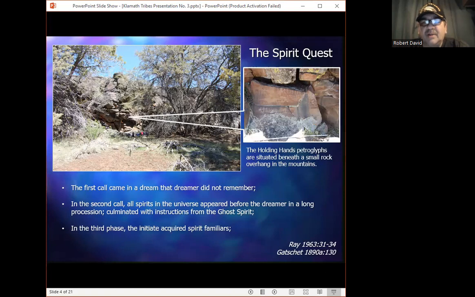And then following this, the attending family would immediately repeat the song in an effort to help the dreamer to remember it. And the reason for this, of course, is that without this song, even veteran shamans had no access to their spirits. So the family certainly wanted their family member to retain these songs in order to be a successful shaman. Anyway, this went on for 5 more days, and notably, these are the spirits that appeared in this phase. These are the spirits that became the familiars, which the new shaman would use ritually for the rest of his or her life.